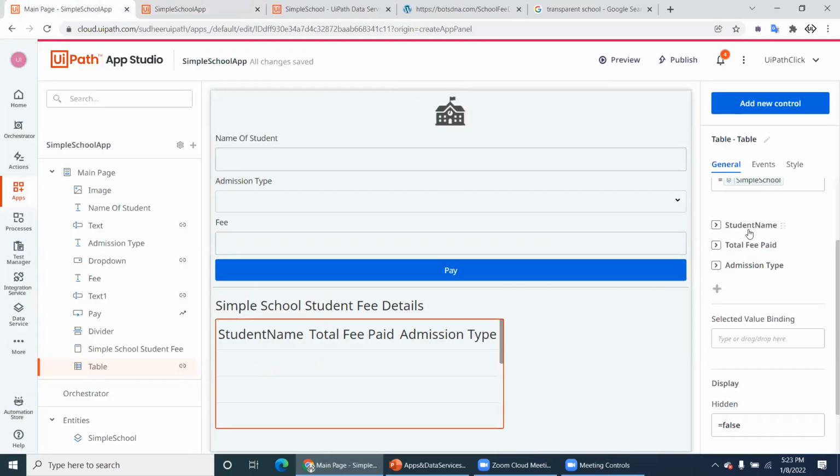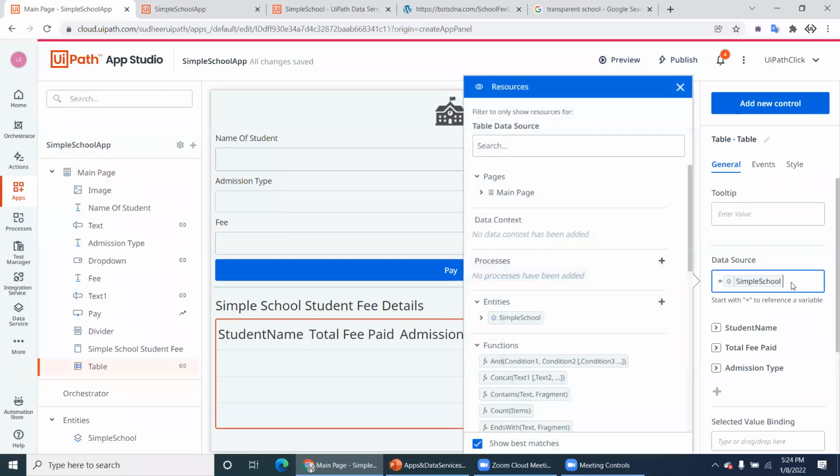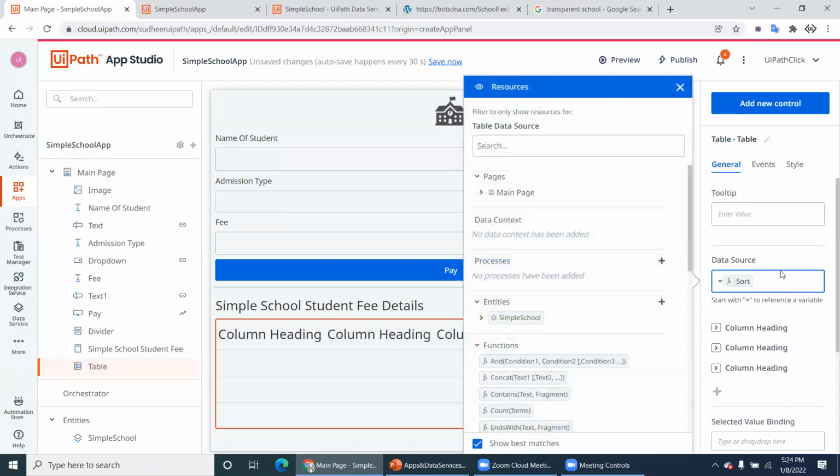Now, changing the data, the column names, the column order, these things. But here, one thing is, if you want to sort the data, there is a function called Sort, and the entity name. So basically, the syntax is like this. Okay, the syntax of the sort is,